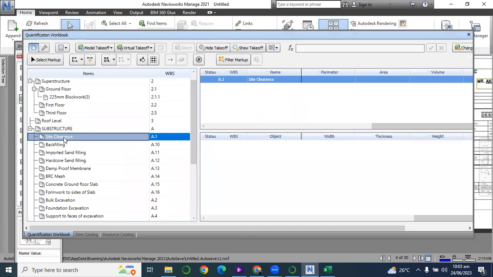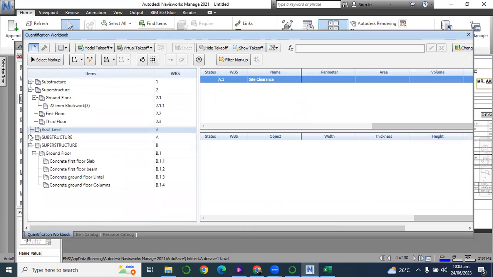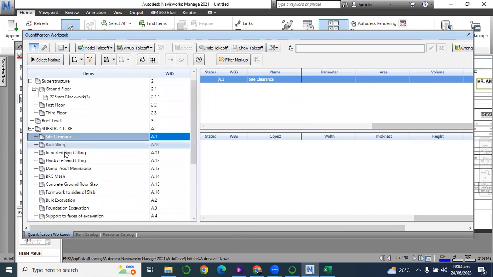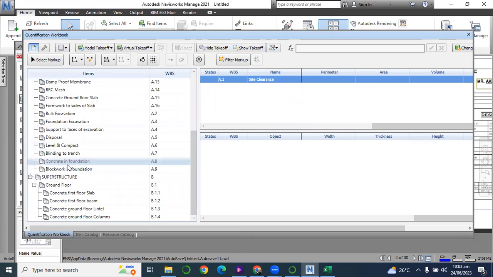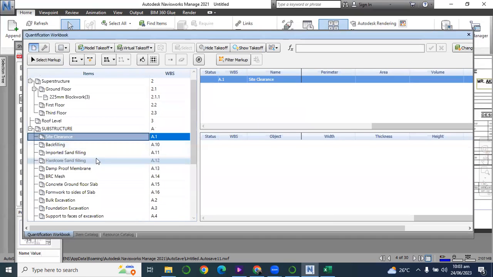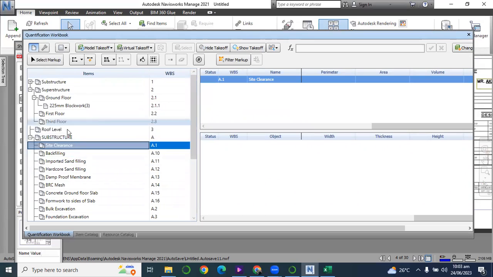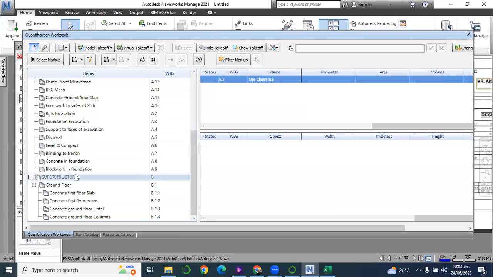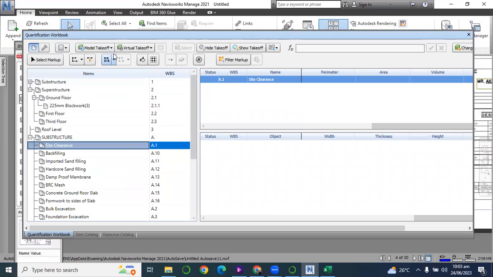As you can see, I created it. I can decide to define all my items for your use. You can predefine it in such a way that it will be suitable for whatever work you want to work on. Maybe if it's raft foundation or strip foundation or pipe foundation and the like. So that's how you're going to import your catalog. It saves time while you want to work. You can create the catalog by yourself. So that's that for Navisworks as regards